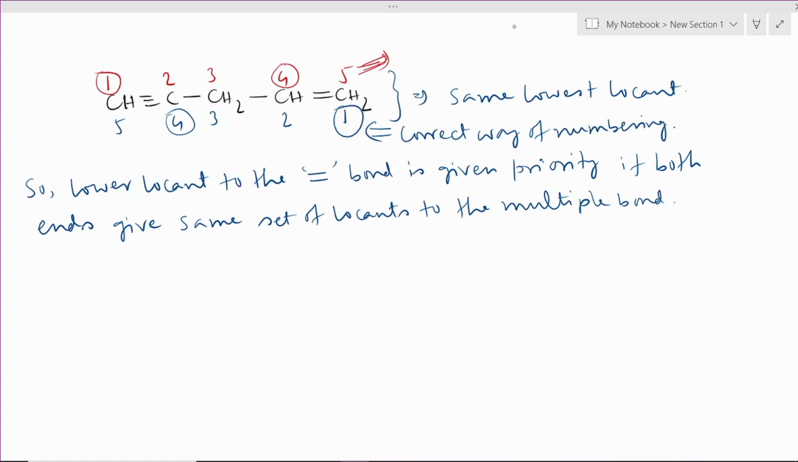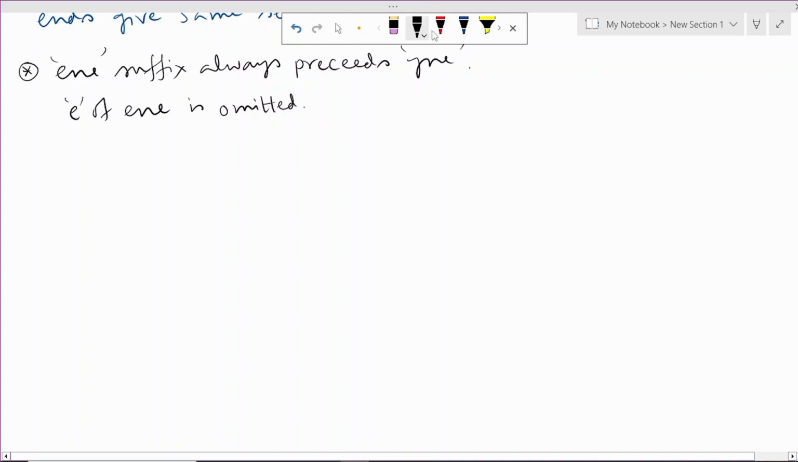We have to give priority to the double bond. So the double bond gets one position. So this will be the correct way of numbering. The next rule says,